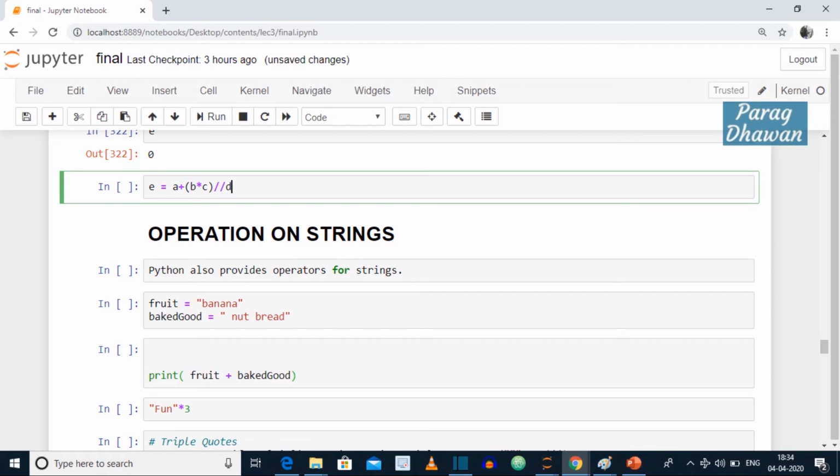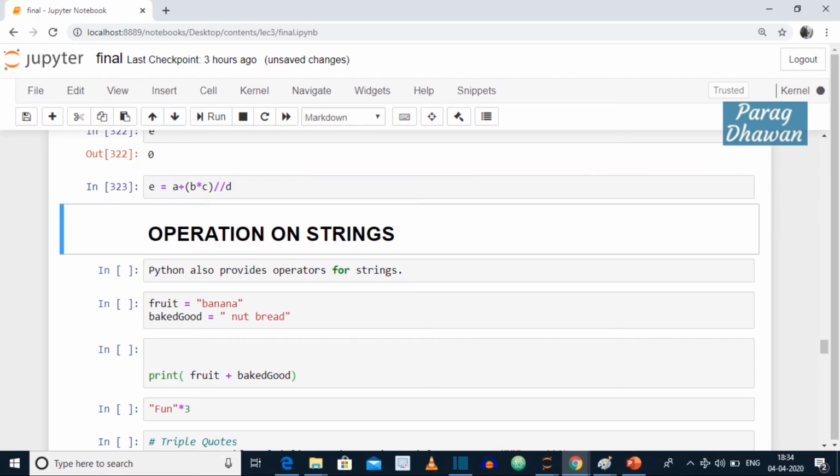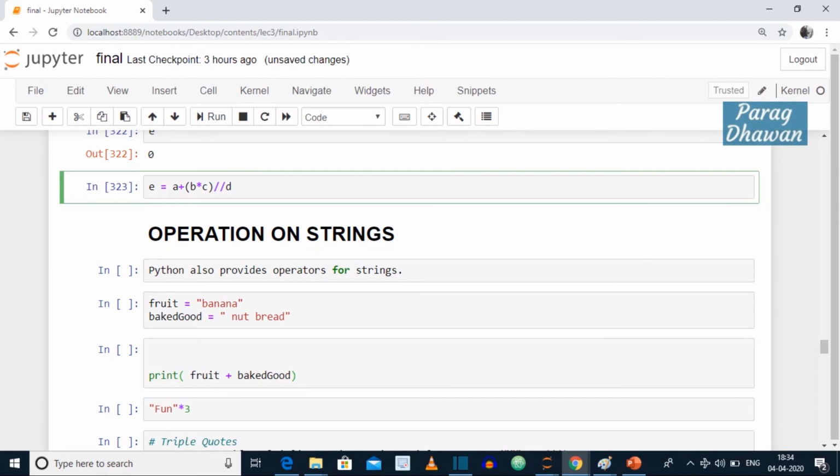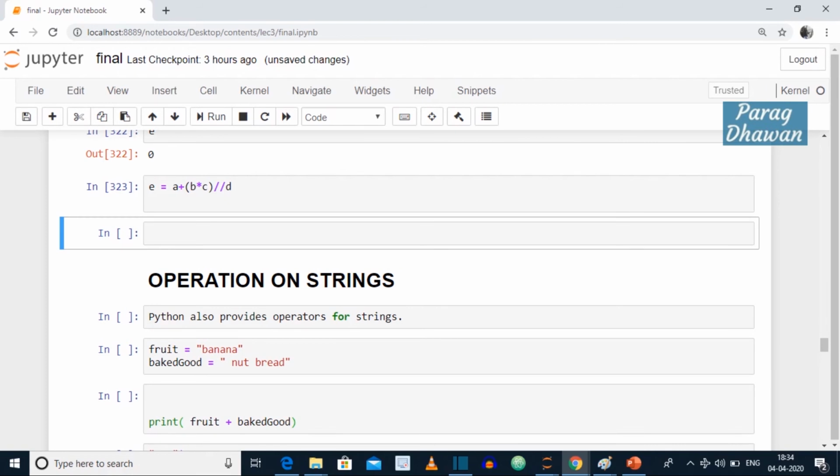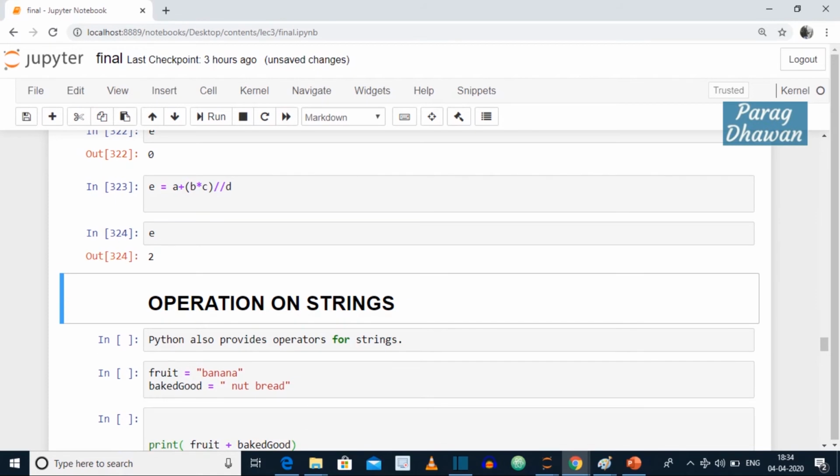Precedence is from left to right, first b into c, that is b is 2, c is 3, 2 into 3 is 6, divided by 4 is 1, 1 plus a means the answer of this expression should be 2. Print the value of e, click on the cell, write e, press shift enter, 2.